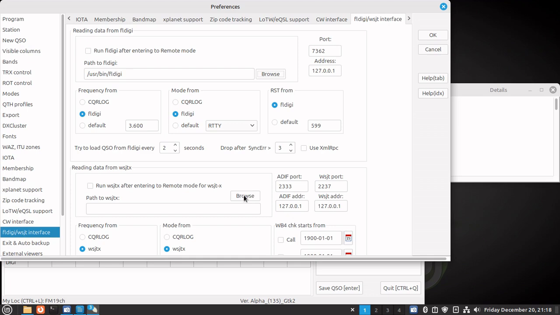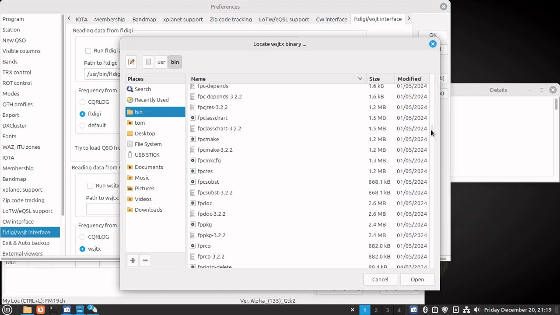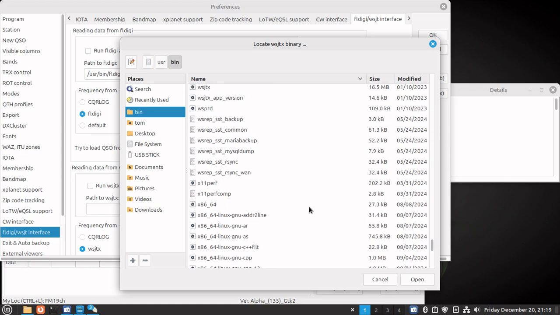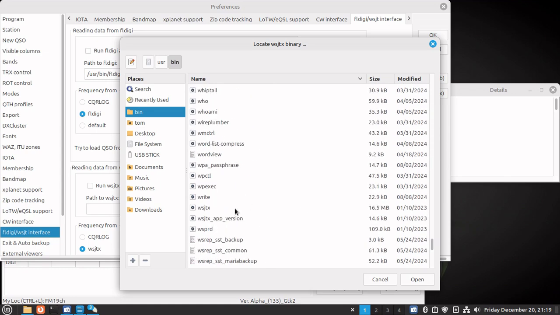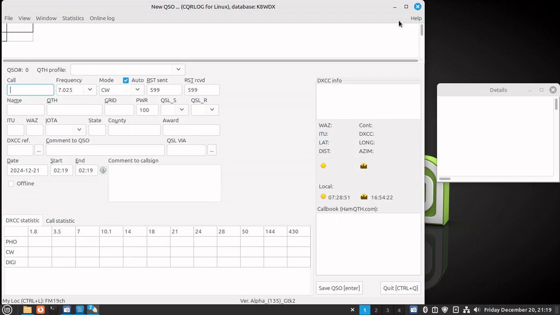And it's the same with WSJTX. Matter of fact, it already went to the bin. It knows where you're going, right? So just go down quick to the W's. There it is, WSJTX. And those are your paths to there. So you just hit OK, and that's set. Now, one of the things with CQRlog, I'm going to close this out for now,